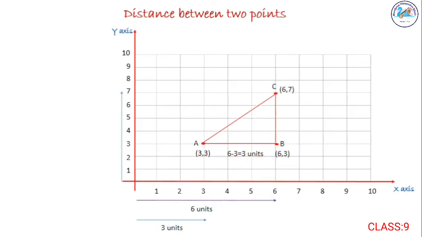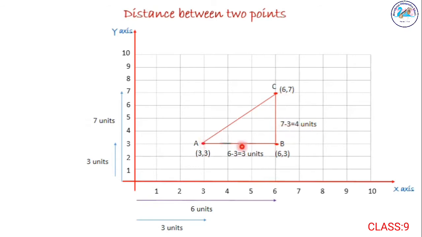Same way, from the x-axis to point C, according to the diagram, we will get 7 units. And again, from the x-axis to A, as per the diagram, we will get 3 units. And how do we get BC? We have to subtract 7 and 3. So from 7, if I subtract this 3, I will get the length BC. So BC is equal to 7 minus 3, equal to 4 units.